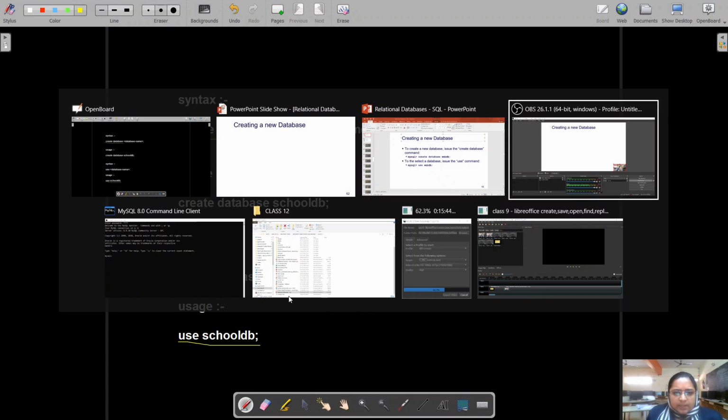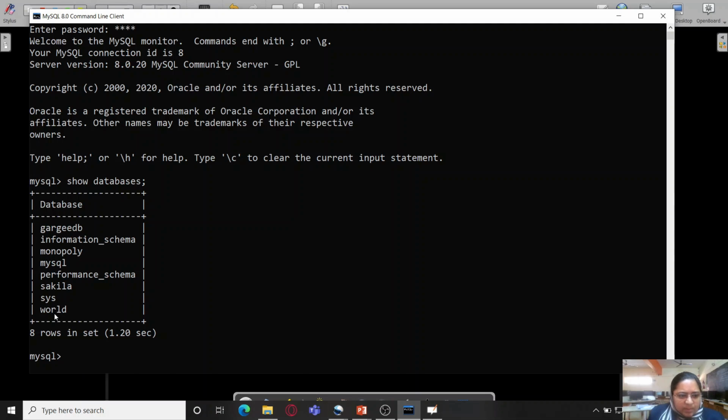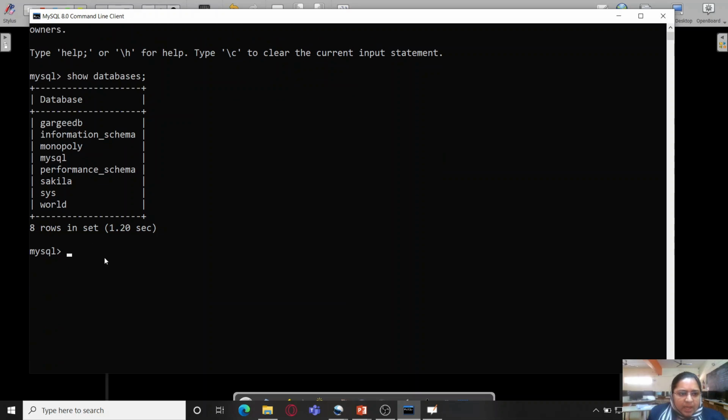So let us try this out on our MySQL command line client. First of all I am using the command show databases to check the various databases which are already there. And now I'm going to create the database. Create database school DB. The database has been created.